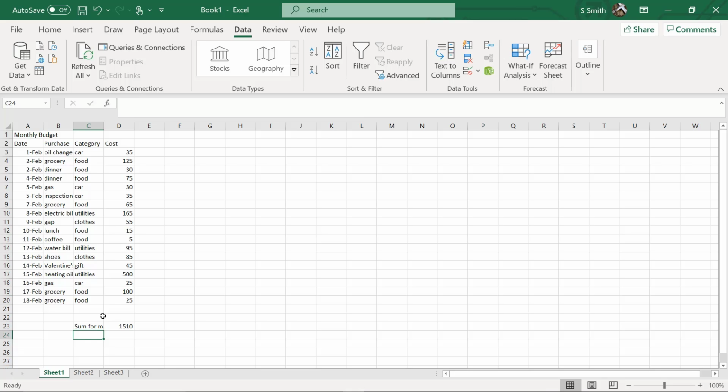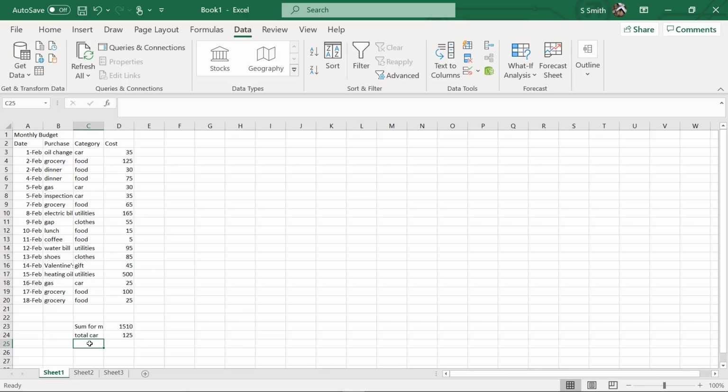I also have some other options. What if I just want total car expenses? I can add some expenses together. So if I hit the equal sign on the keyboard, I can go up to my first car expense. See how it's got a dashed line around it and it's blinking? That's because Excel knows that we're entering a formula. Now if I push the plus key, and I can hit the next car expense, hit the plus key, the next car expense, hit the plus key, and the final car expense. So there's 4 cells that have car expenses in them. When I hit enter, I've added all those cells together.